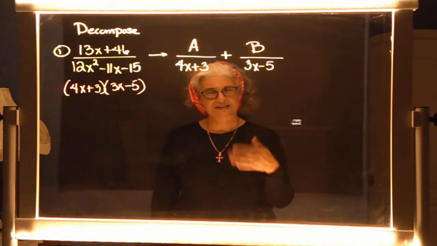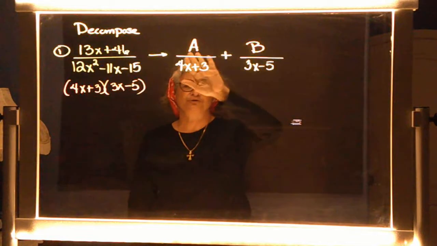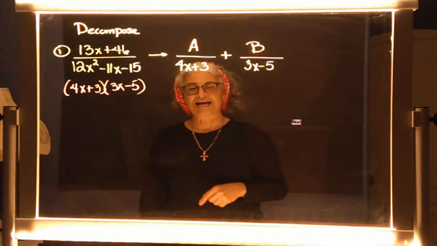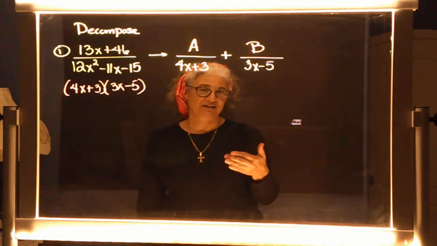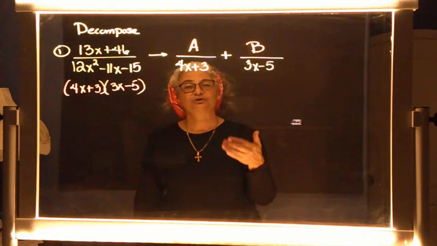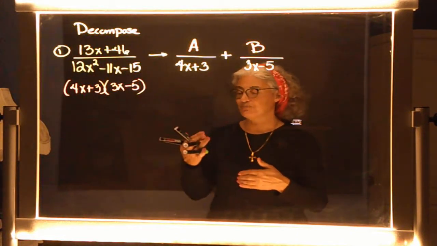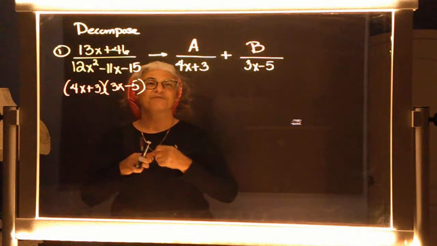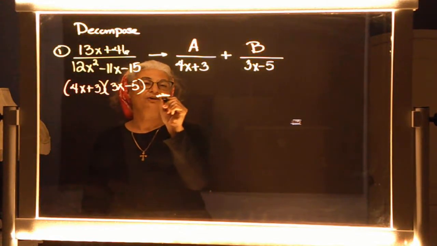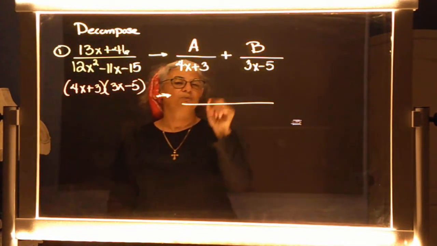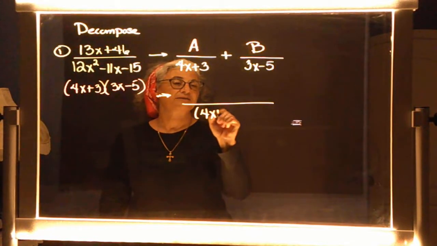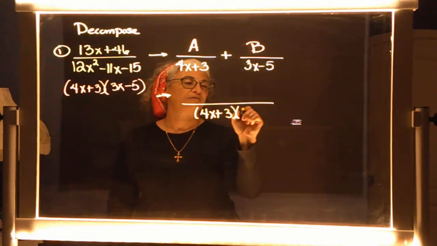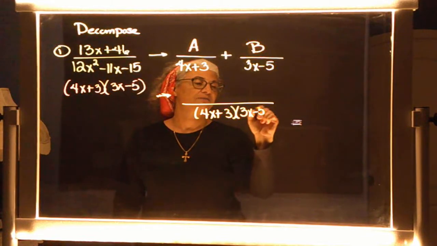Now, what's the next step say to do after we get our numerators down? It said to add the fractions. And when you add fractions, what do you get? Good, you get a common denominator, don't you? So this means that my common denominator would be 4x plus 3, the quantity of it, times the quantity of 3x minus 5,